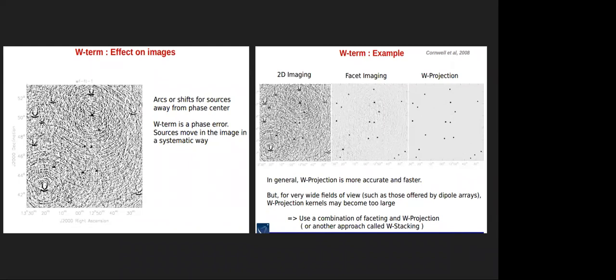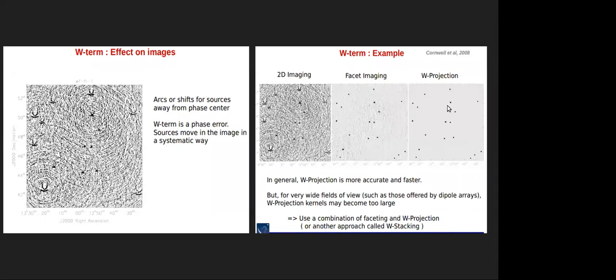If you do not use the W term algorithm, you will see that kind of structure. The W term is basically a phase error. It is coming as e to the power minus W. So the W term is basically a phase error kind of problem, and you will see this kind of structure. So there are two solutions in CASA. In earlier times, it was facet based imaging. I will not talk about the algorithm of this imaging technique, but if you do facet based imaging, then you may reduce this effect a little bit.